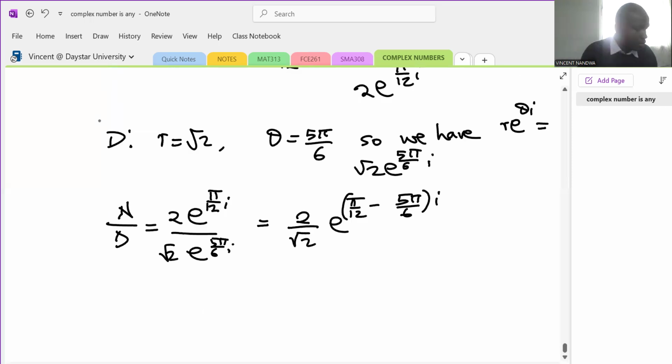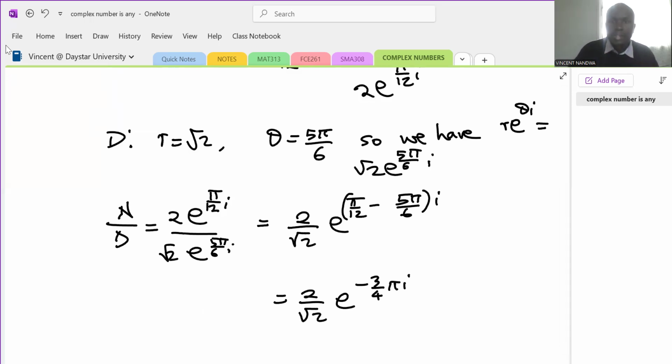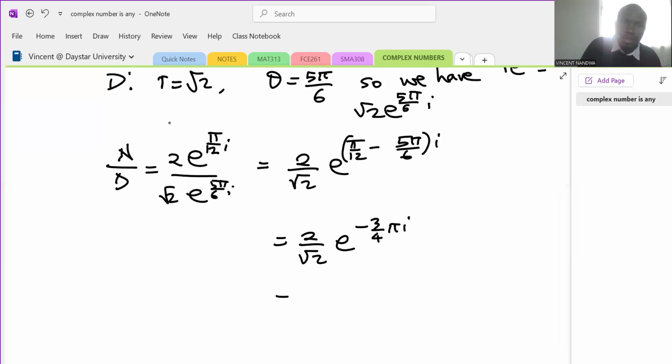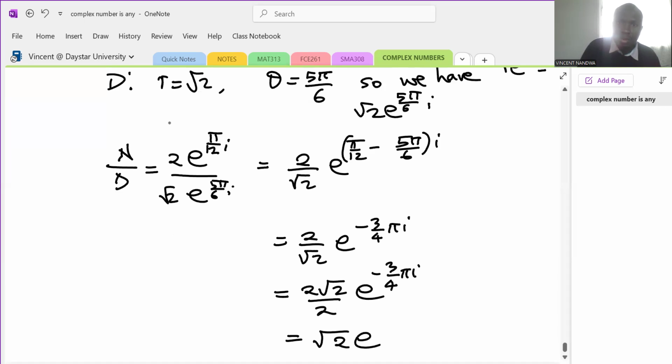And 1 over 12 minus 5 over 6 is minus 3 over 4. So this will be 2 over root 2 e raised to the power minus 3 over 4 pi i. But then you rationalize this to get 2 root 2 over 2 e to the power minus 3 over 4 pi i, which is just root 2 e to the power minus 3 over 4 pi i. Then lastly,